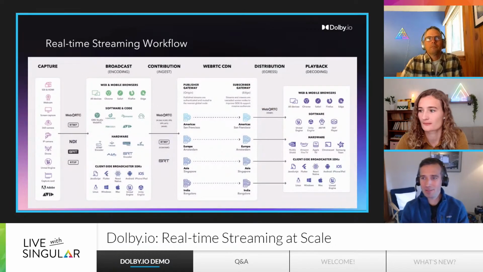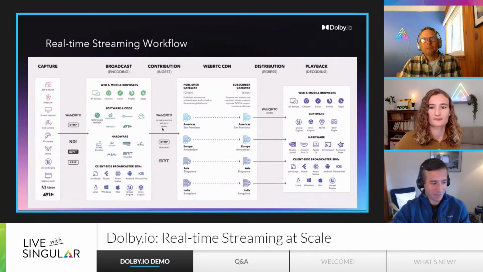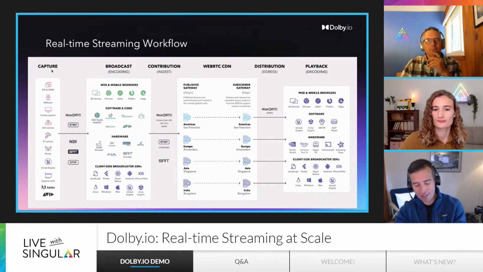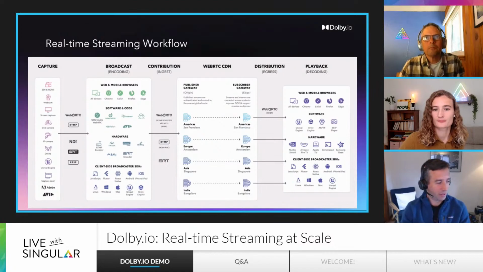So a lot of people are like, oh, really interesting. Let me get a sense of how I would plug my workflow into this. So we call this the workflow, right? It's meant to be, you describe what you're trying to do and I guide you through how to actually do it. But there are several phases along the path of doing live streaming,